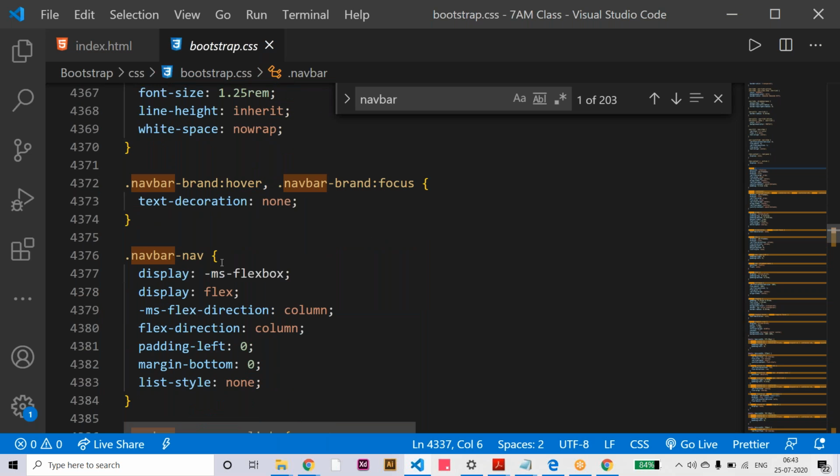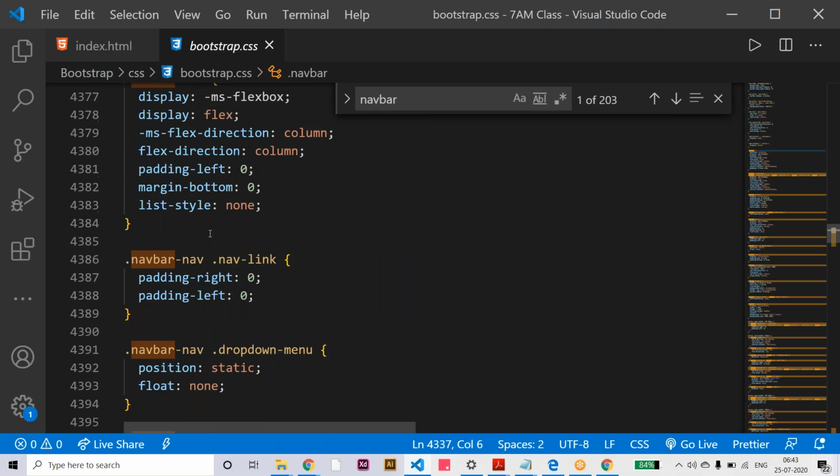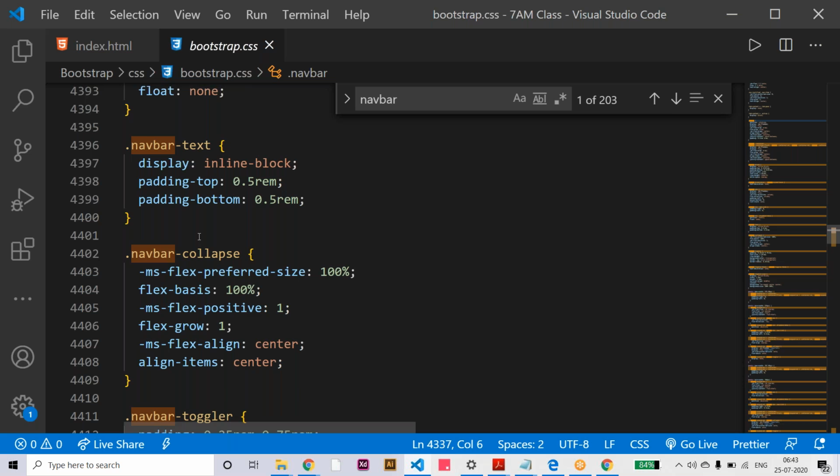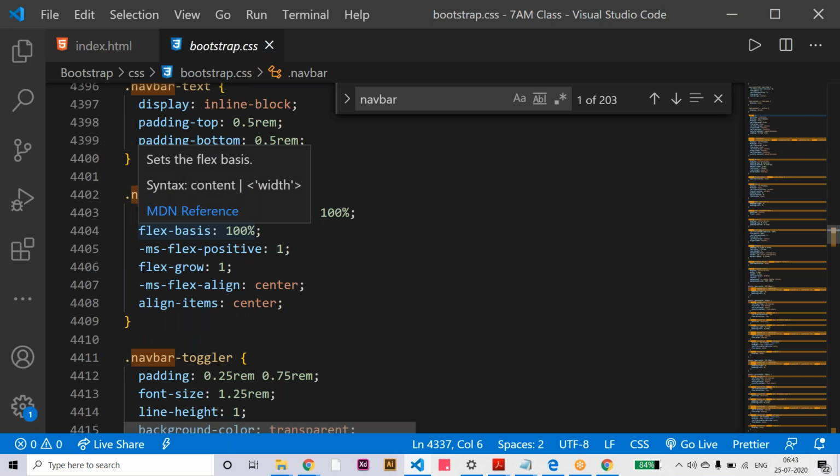All these subclasses are written one below another, all related to navbar only. When you are creating, apply the relevant classes for a better look and feel, and then you can remember them easily. That is a good way to remember all the classes.